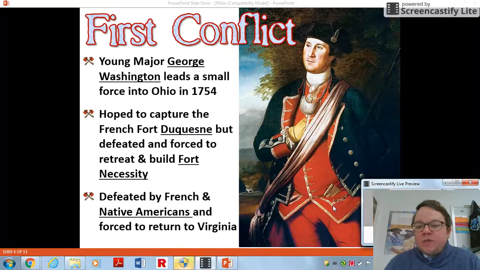He wasn't sent with a big enough force. Obviously, if you're going to take a fort, you need a substantially larger force than the people you're fighting. He simply didn't have that, and ran out of supplies. His soldiers, these aren't British regulars, they were militia, and we'll talk about the issues with them a little bit later. But the first skirmishes did not go so well for the British.